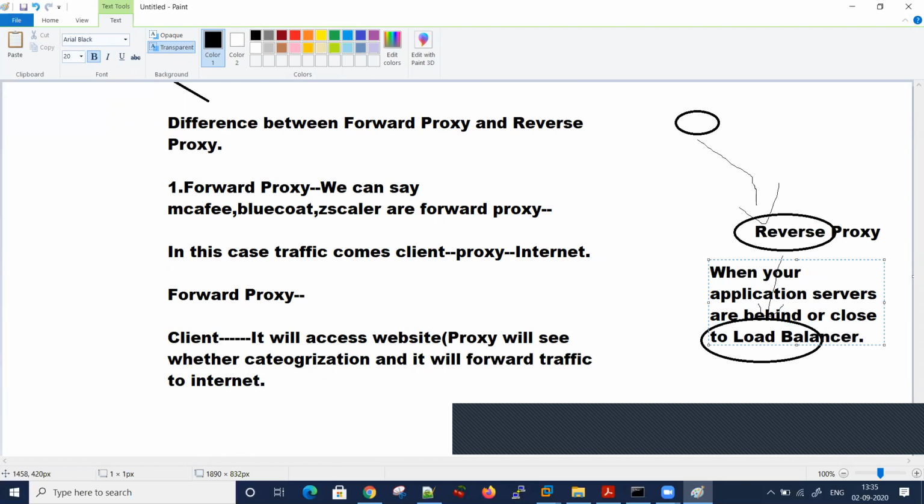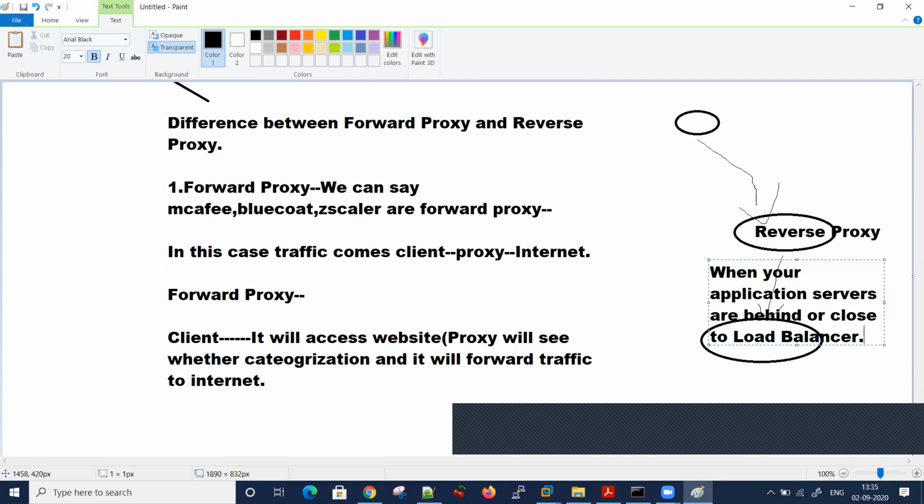And forward proxy is the reverse of reverse proxy. Forward proxies are basically used when a client connects to the internet. So the client request will come to the forward proxy, then it will go to the internet. But in reverse proxy, it's opposite. The client request will come to the reverse proxy, then it will distribute across different servers for load balancing. So a reverse proxy basically sits in front of your web applications.